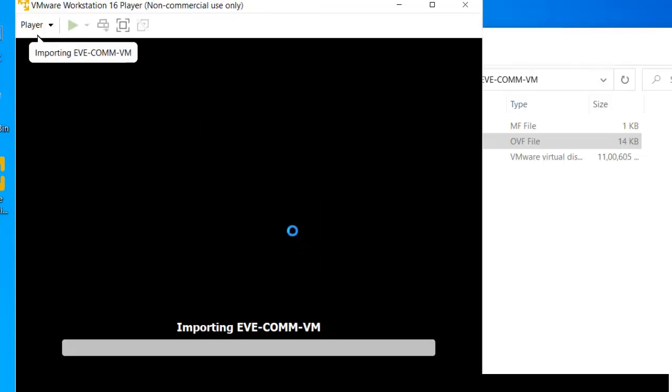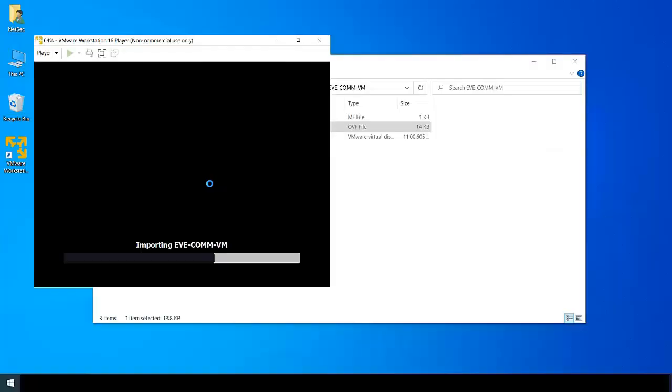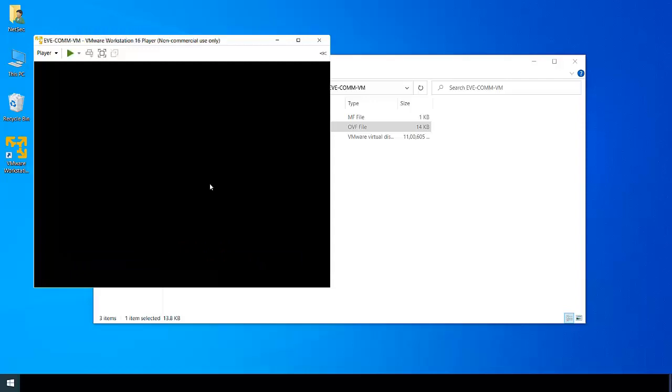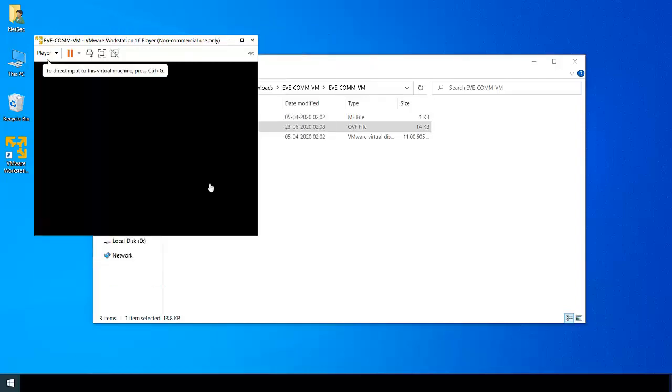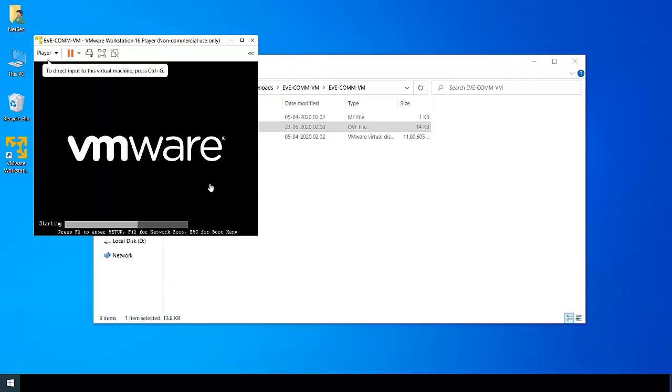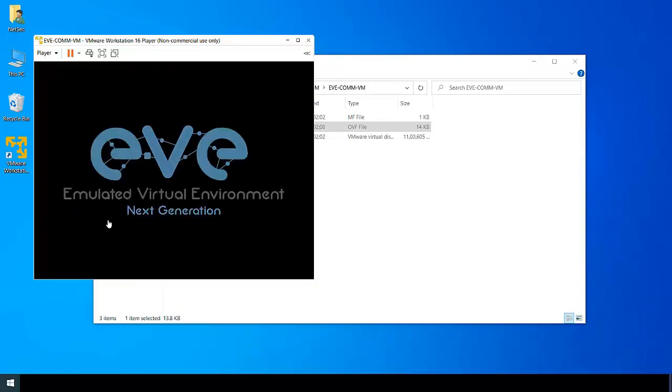Just set the path and click the import button. It will automatically be imported. After import, EVE will start.